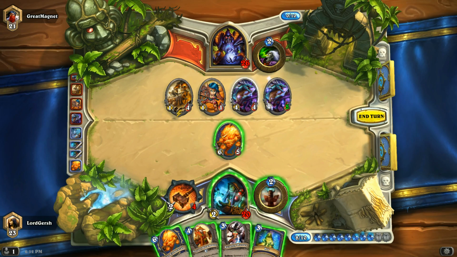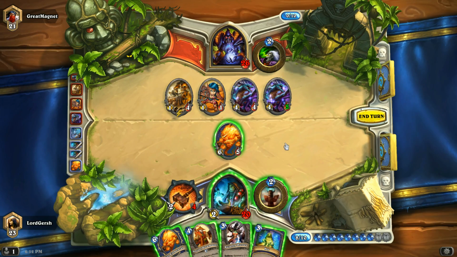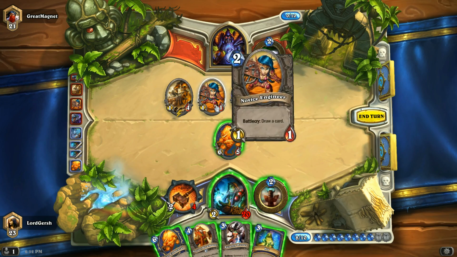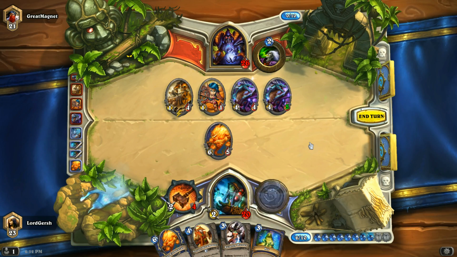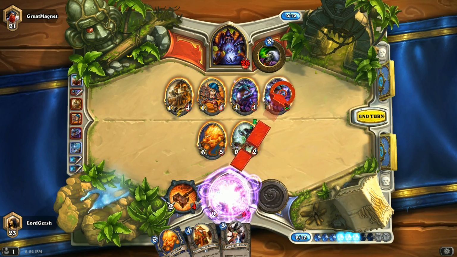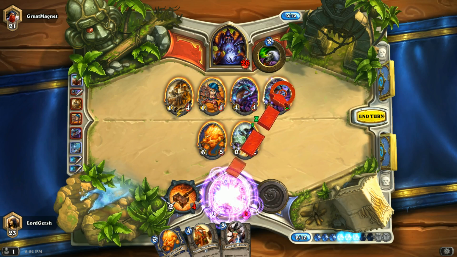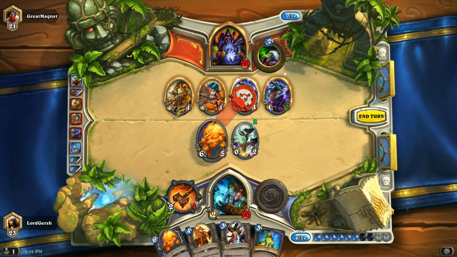Let's see, I can hex one of the Azure Drakes, kill the other one with the Fire Elemental and keep him on the board, then use the Doom Hammer to kill the Demolisher, and then he'll be left with just a Novice Engineer. I can then play a Razorfen Hunter and summon a Totem. Let's do that, not in that order. I have to kill one first, and then...